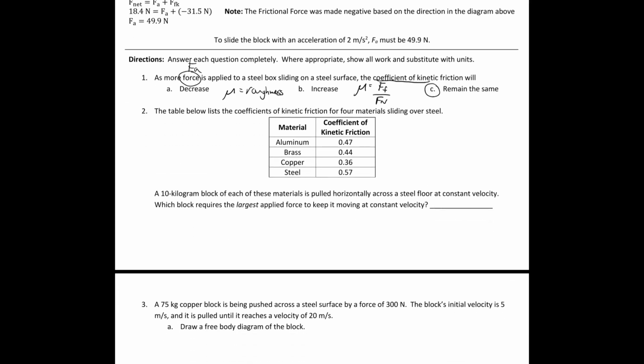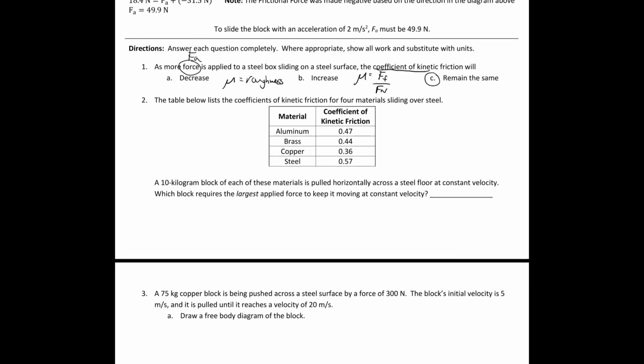Okay, number two. The table below lists the coefficient of kinetic friction for 4 materials sliding over steel. A 10-kilogram block of each of these materials is pulled horizontally across a steel floor at constant velocity. That's important, the fact that they're telling you it's constant velocity. Which block requires the largest applied force to keep it moving at, again, constant velocity. Here's why that's important. If you have a block and you're applying a force, and there's a frictional force opposing your motion,